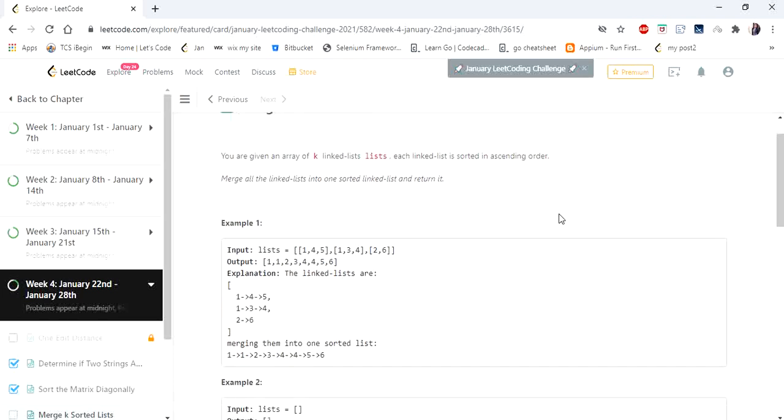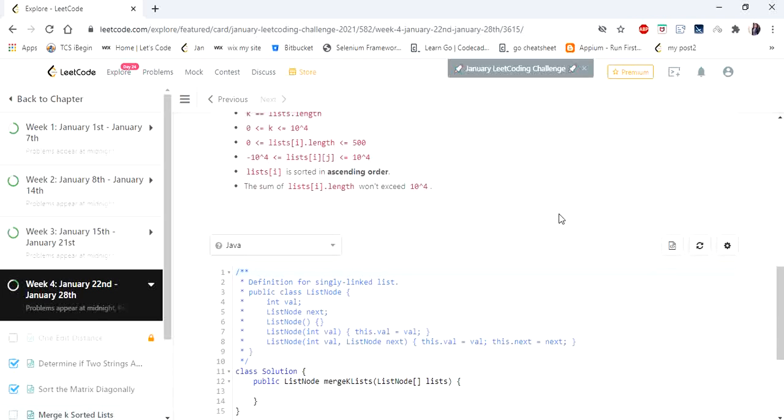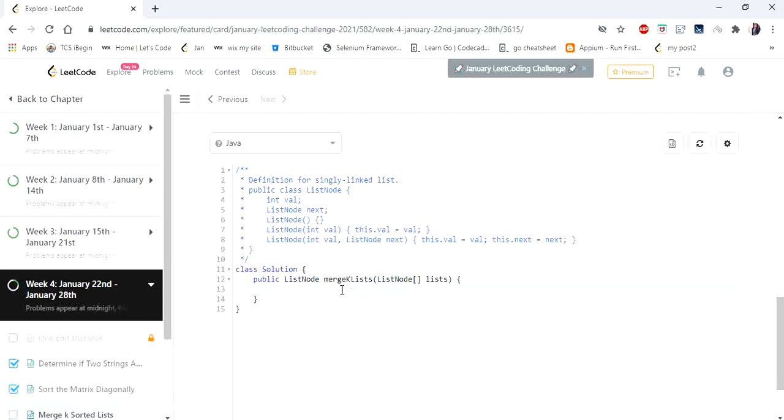Now let's code. As I have explained the example, let's directly dive into coding. As I said, I am going to use a priority queue, and I'm going to loop over my nodes.